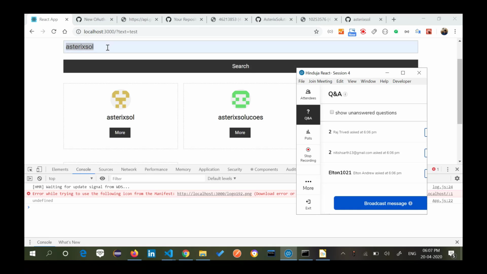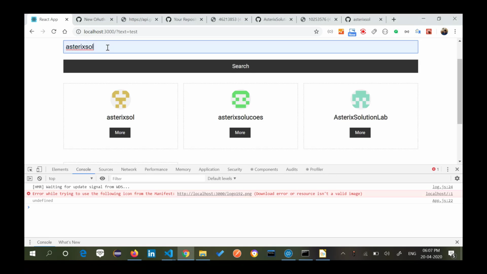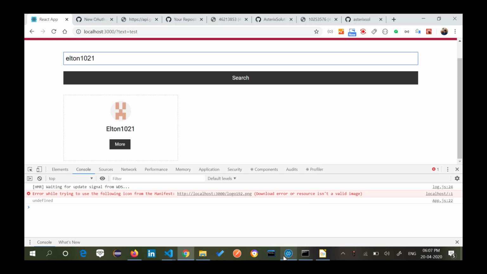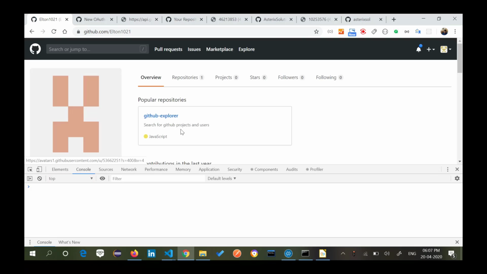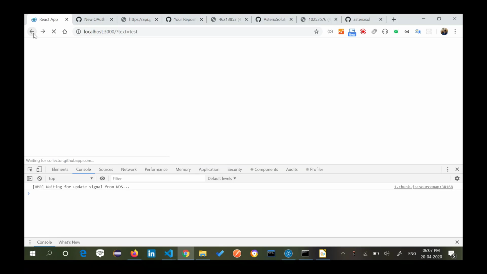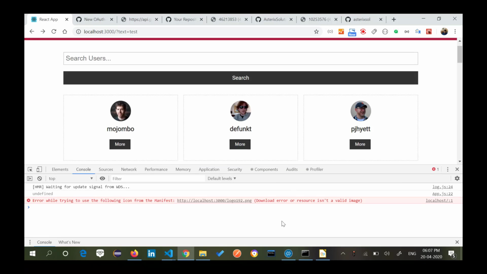Okay, Elton, 021. See, we are able to search basically any ID, and he is doing the same project we are doing these days. So we are able to jump on and bring back the results.